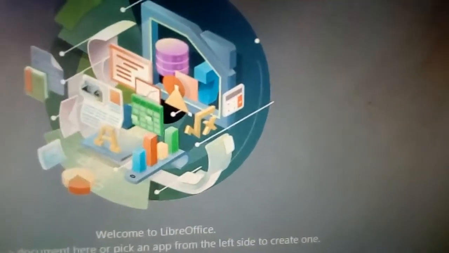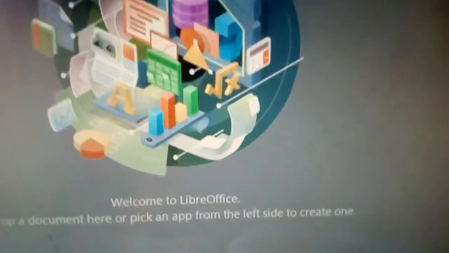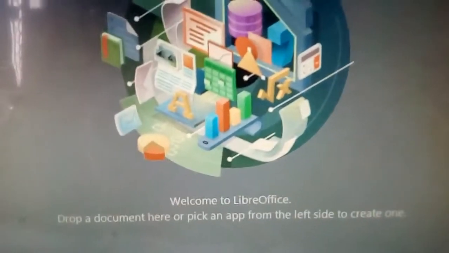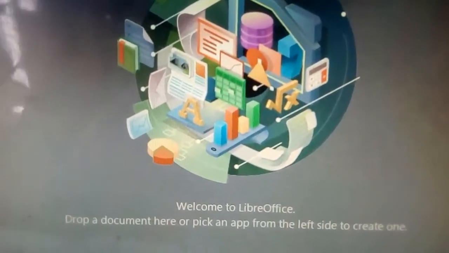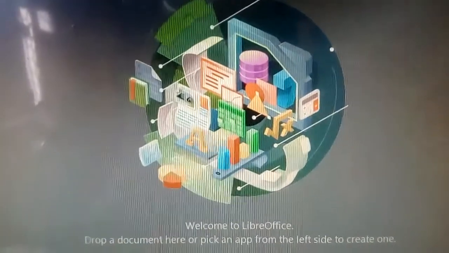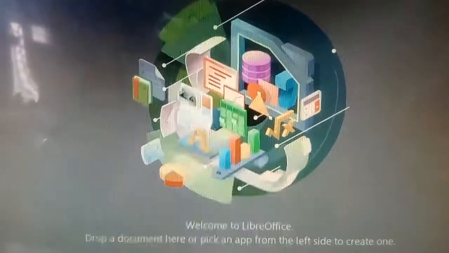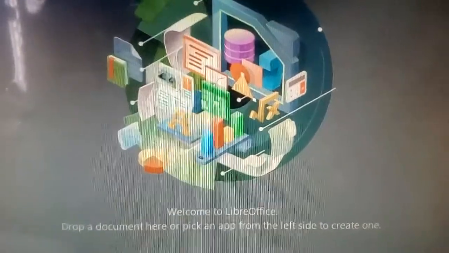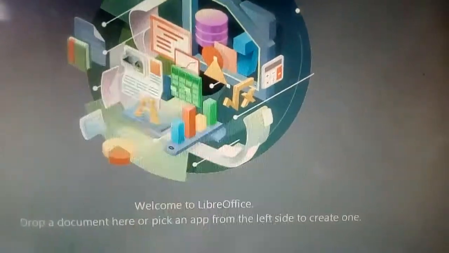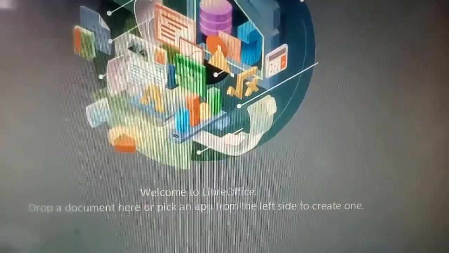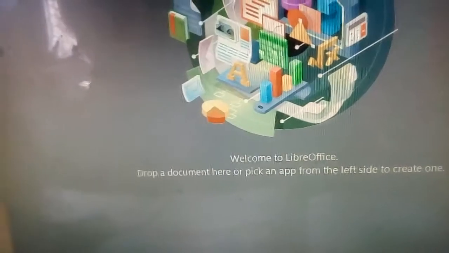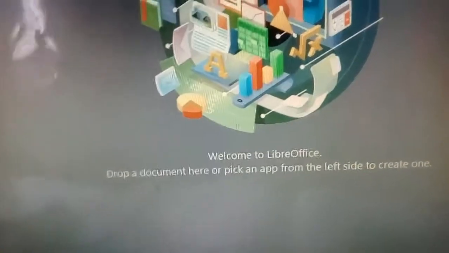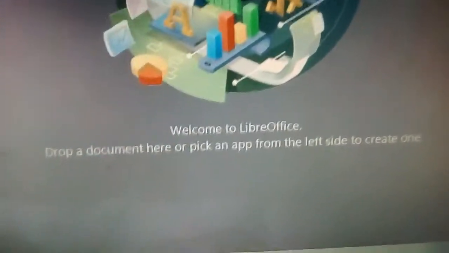Here we can use the computer to type different types of documents, like projects, letters to your friends, and reports, right? Yes, you can write a document or a letter by hand, but maybe the handwriting is not so clear.